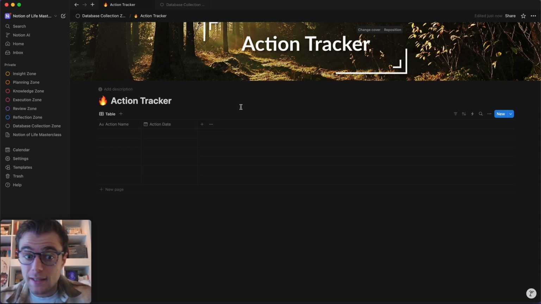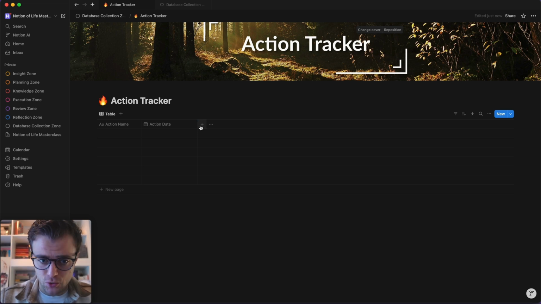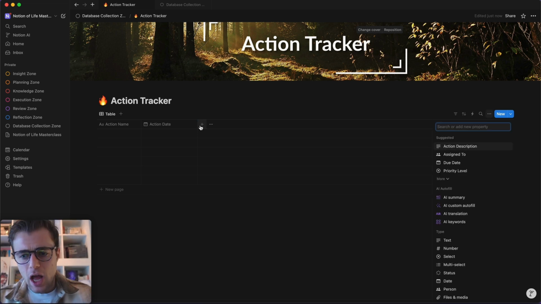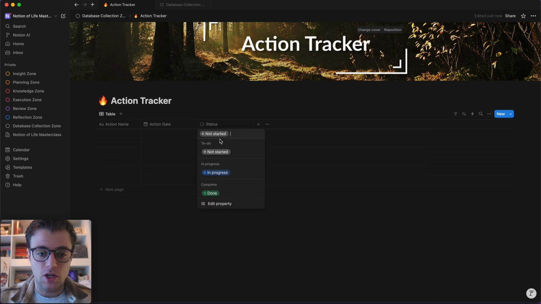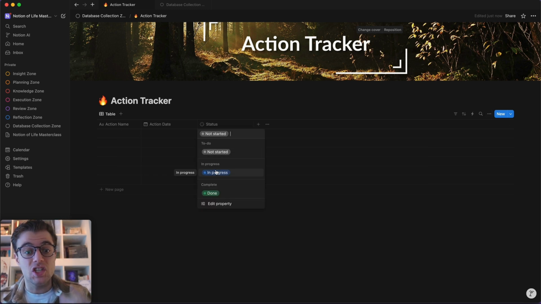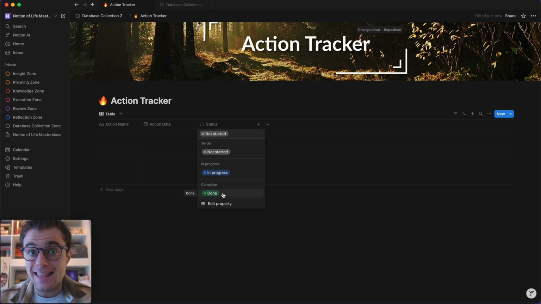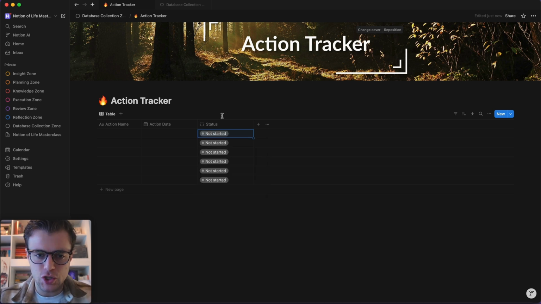Well, we want to track if the action is done, yes or no. We could do this either by giving it a status property, which would give us different possibilities for a status. So for example, we could say it's not started, it's in progress, it is done, it is to be reviewed. So we could give different levels of status to an action item. I think this makes more sense when you're working together in a team and there's different phases, different stages of an action item. But personally, I just use a very simple